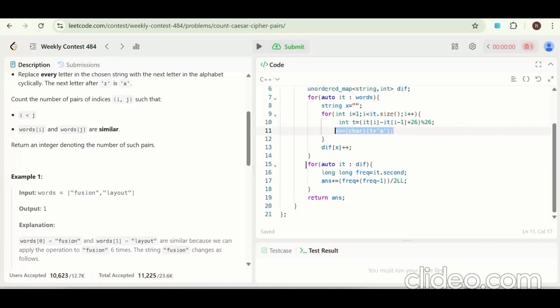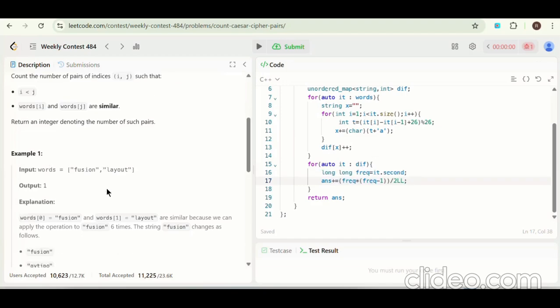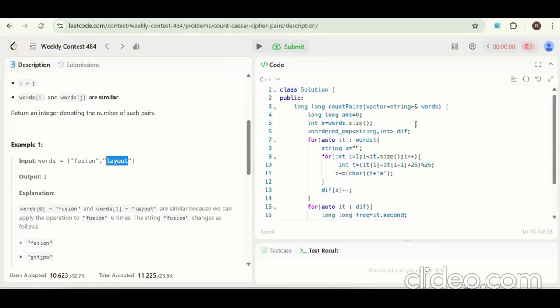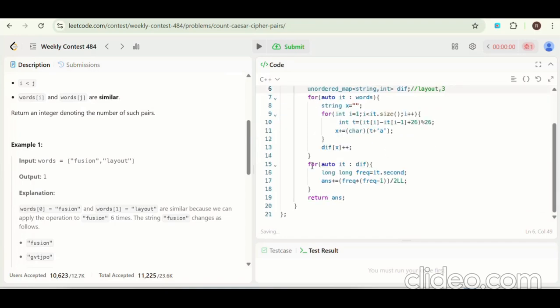So if the string is stored in the map, then we will loop through that map. Now for the one string that came, we will get layout's frequency. In frequency we will get layout and its frequency we will get 3. So what we will do, we can loop through this diff map and we will try to get the frequency.